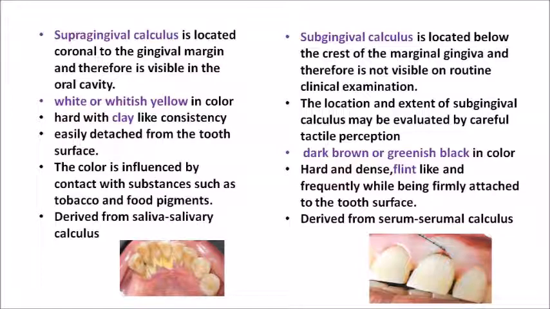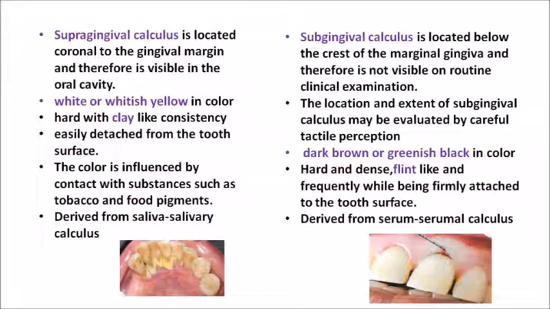That term is important. Supragingival calculus is clay-like, and it is relatively easy to detach from the tooth surface. As we all know, when we engage a sickle scaler and give a pull stroke, supragingival calculus is easily detachable. And do we see calculus only in white or yellowish white color? No, we can also see a brownish tinge and so on. This is because its color is influenced by external substances like tobacco and food pigments.